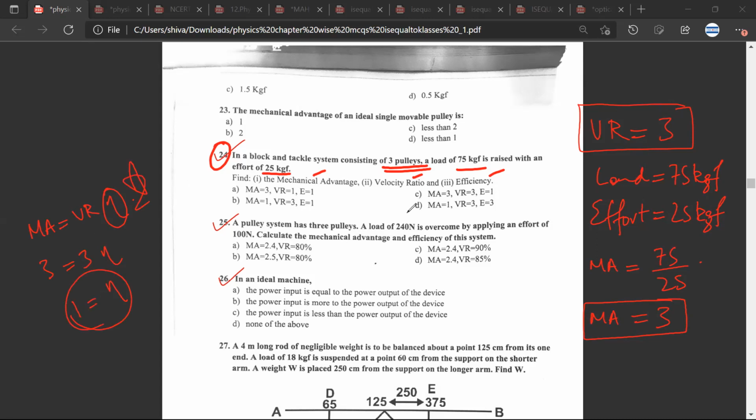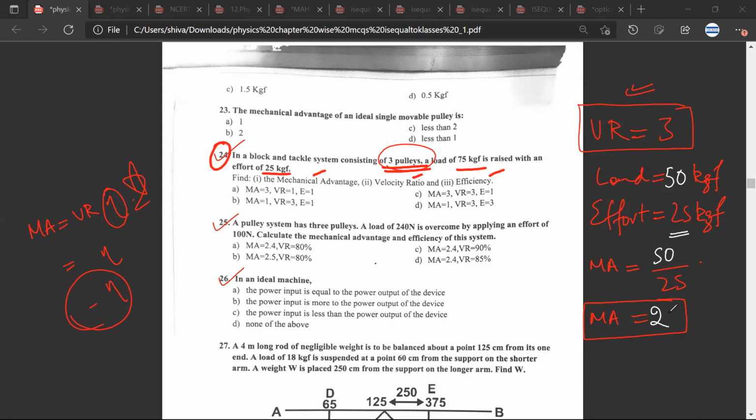Great. So what I was trying to say was that in this case, for example, you have 3 pulleys. The VR can be 3. But say, for example, for an effort of 25 kg, let me illustrate with an actual number. So this is an interesting case. Now, for an effort of 25 kg, you are only able to raise a load of 50 kgf, then your mechanical advantage is 50 upon 25. Your mechanical advantage is 2.